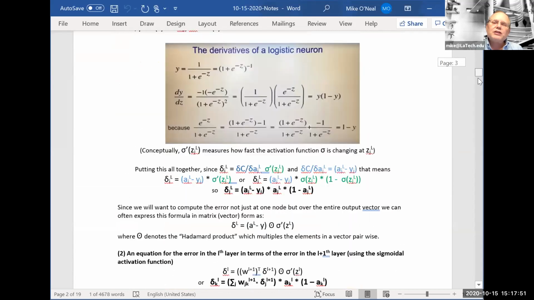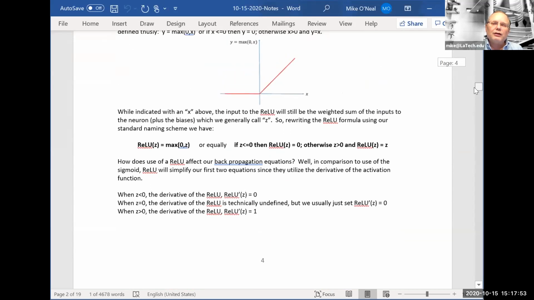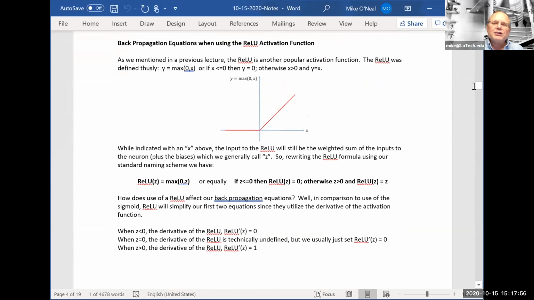But what's the derivative of the ReLU going to be? Well, all the derivative is, remember, is the slope of the tangent line, okay? So what's the slope of this line at any point along this line? Now, it's flat. It has no slope. It's 0, okay? And then what's the slope of this line, at any point along this line? Well, it's just 1. So instead of the derivative being the output times 1 minus the output, the derivative is